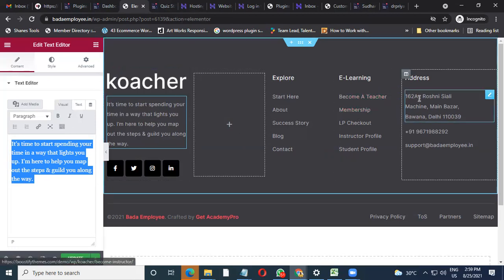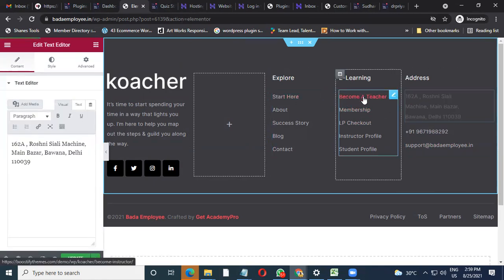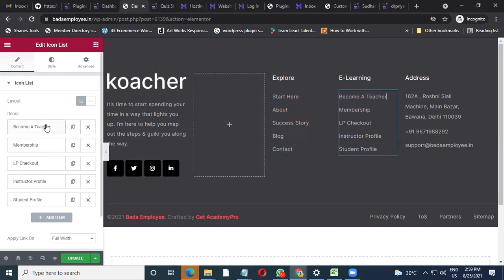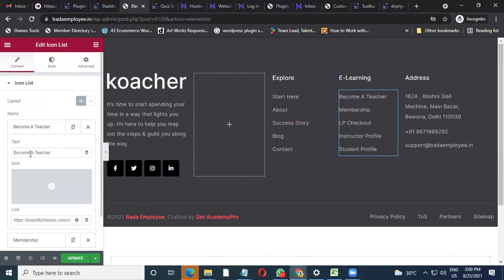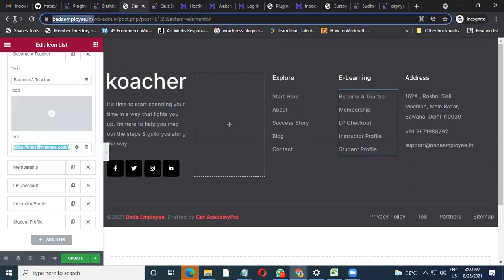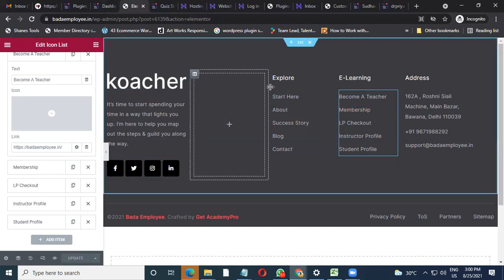Same way you can do it for your address also. From here you can change your number and your email ID. I generally have put it up, but in case you want to change it, you can. It is pretty easy to do it from here. Links, in case you want to, you can always change the tabs and make a link as per your need. You can change the menu, edit it from here. It is pretty easy. Click over here, edit the content you want, and put up a link which you wanted. If you're linking to your website, just copy paste it, and that's it, it's done. Once you update it, it gets published automatically.